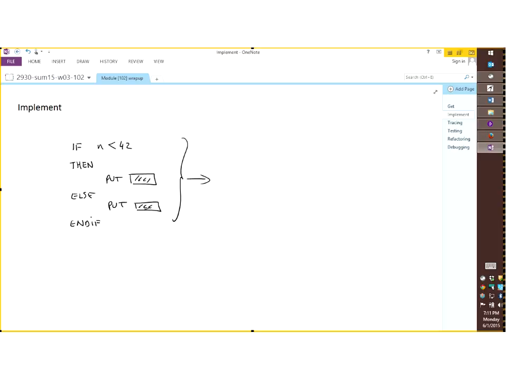So if I gave you this after explaining those keywords, which is pretty trivial, and I asked you to implement it in Raptor, like I said before, this is really where Raptor shines, because we have an if statement, right? And the if statement condition is going to be n lesser than 42, and then let's mark it 1, let's call that 2. If my condition is true, I do the put statement marked as 1. If it's false, I do the put statement marked as 2, and then this is my end if here.